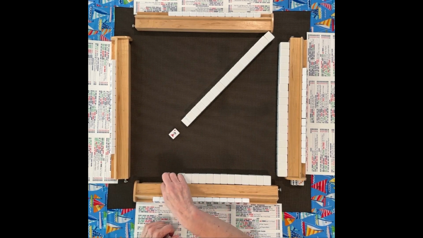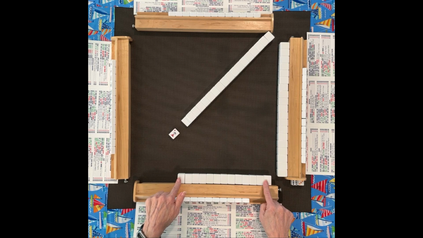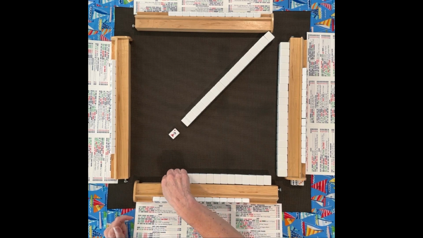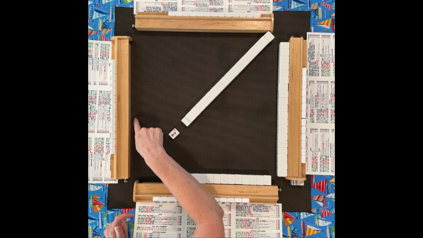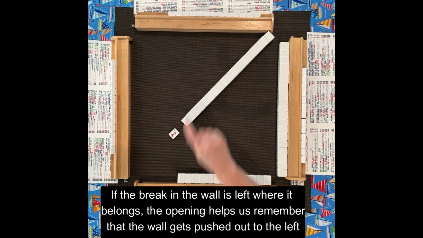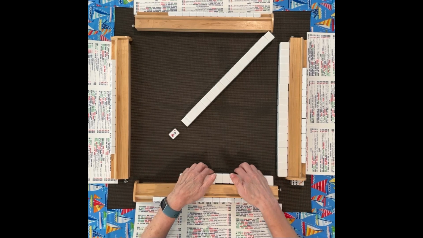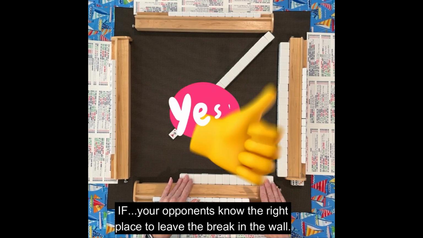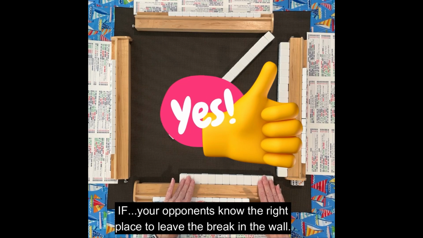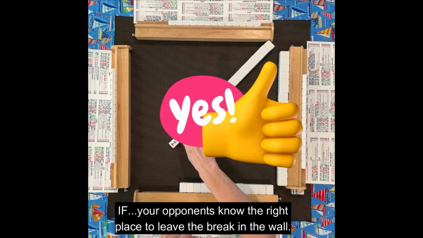So the opening here from the break of the wall is here. And as a reminder, if you follow the break, you'll always know which wall is supposed to come out next. And that is if the player put their tiles where they belong, which is right where they came from. So now the next player, who's to my right, would pick